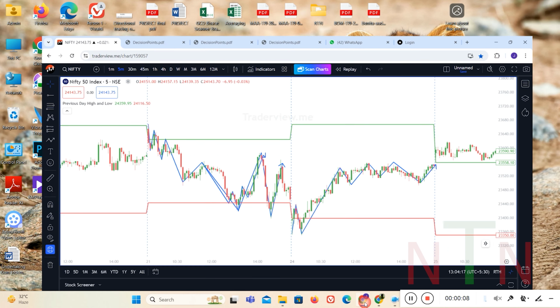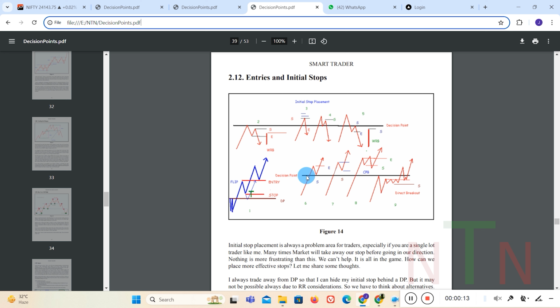In the previous video, we discussed the decision points in combination with price action, and how to enter a trade. So how important is the decision point? The decision point is the previous day high and low, and it is important for an intraday trader and for price action. In today's video, we'll be discussing the open price, and how important that open price is.